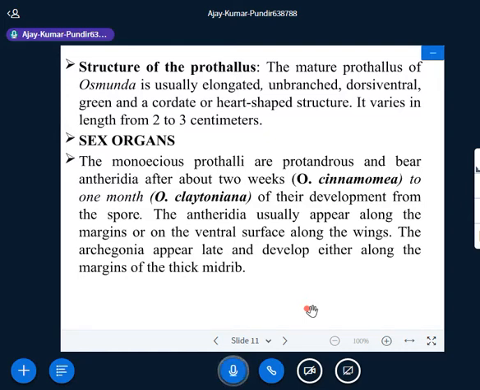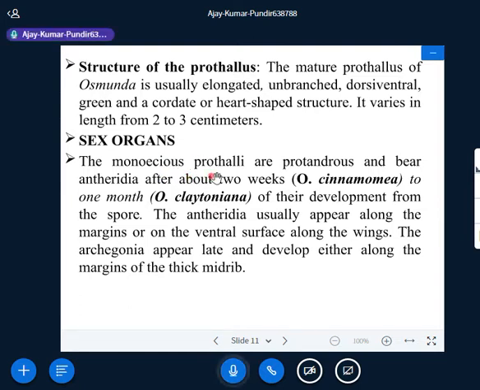The development of the whole prothallus takes place from the first prothallial cell of the spore. Thus, the prothallus is developed. As we know very well, in ferns, on the same prothallus antheridium and archegonium develop in the case of homosporous plants. The prothallus of Osmunda is monoecious because Osmunda is homosporous.